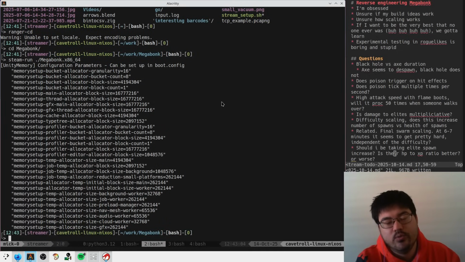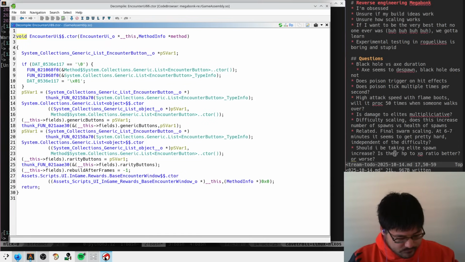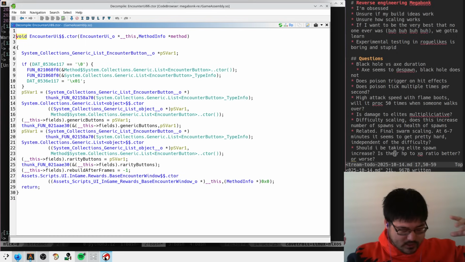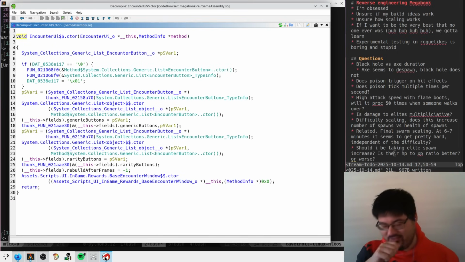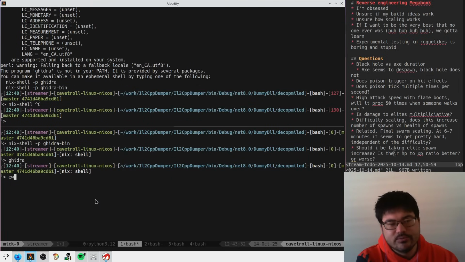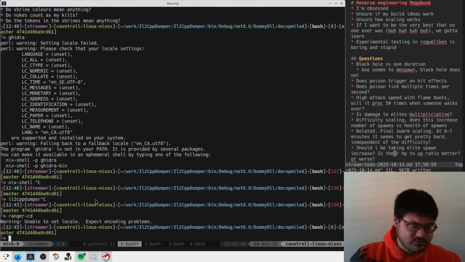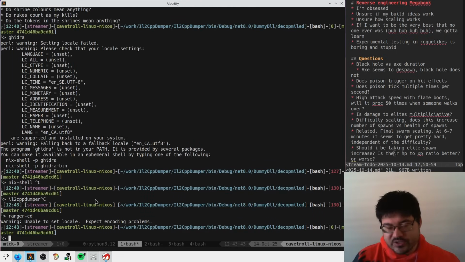yesterday, we figured out a few things. This is a Unity game, shipped with the Unity backend that takes all of your C# scripts and compiles them to C++, which is kind of funny. I think they compile from C# compiler output back to C++, then run that through a C++ compiler or something. But there's still a bunch of symbols related to C# code. So you can run this thing through something called IL to CPP dumper or something. And that will export a bunch of symbols that will help your reverse engineering tools kind of understand the